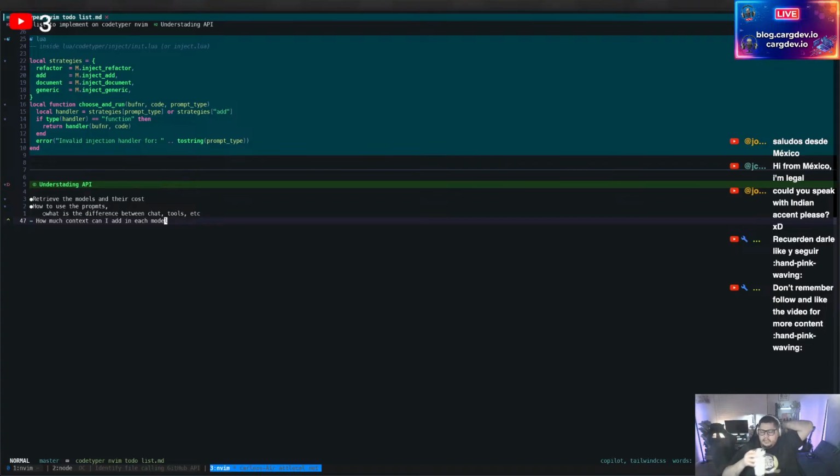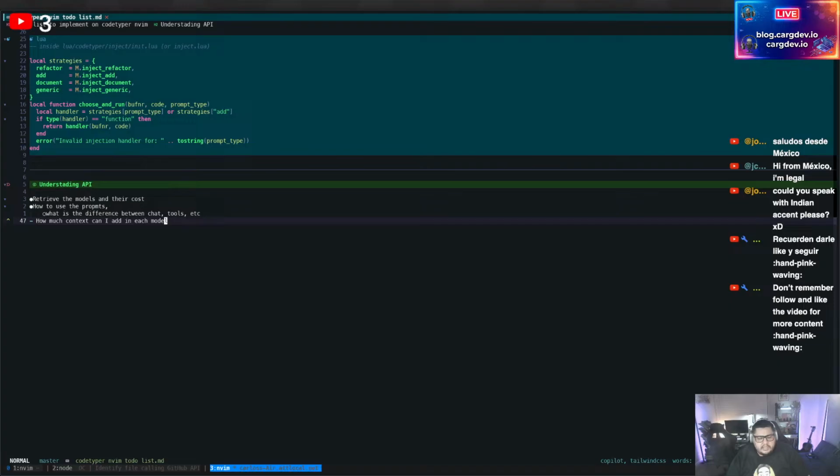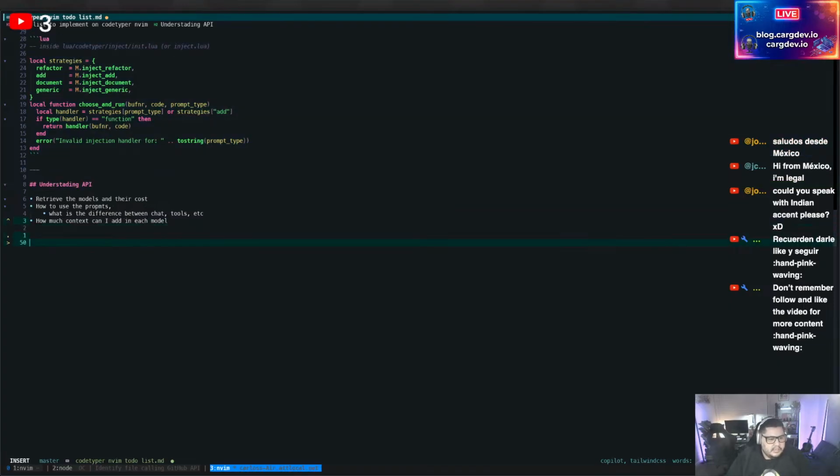I don't know what else I need to do. What else do I have here? I have the codes, the credentials, the index project, that is all the stuff, transform selection, color tree, tree view. For now it's like that. So the goal for this project is like